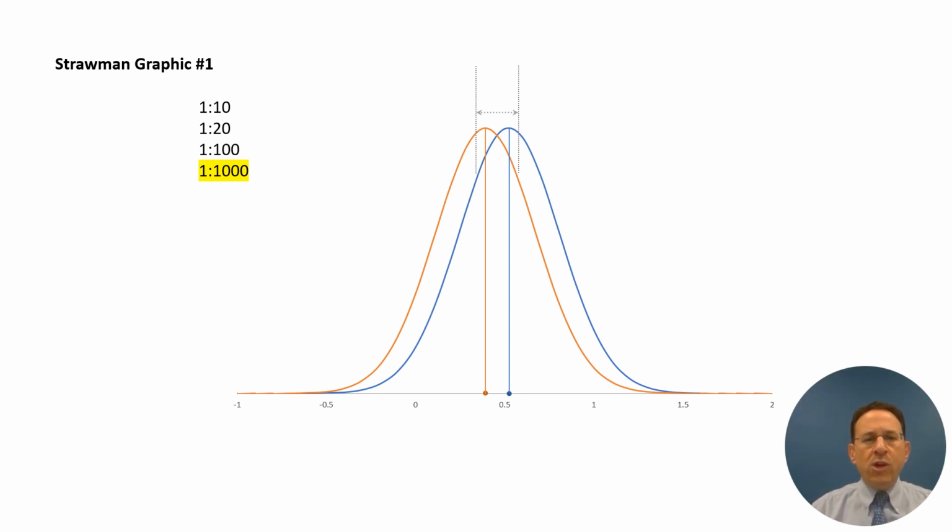Now, what that gray line shows is the amount of separation required for those two samples to be statistically significantly different at the highlighted level, in this case 1 in 1,000. So the gray lines indicate how much separation in the samples you would need to be statistically significantly different at the p-value equivalent of 0.001. And you can see that there isn't that much separation, so these two samples are not statistically different at that level.